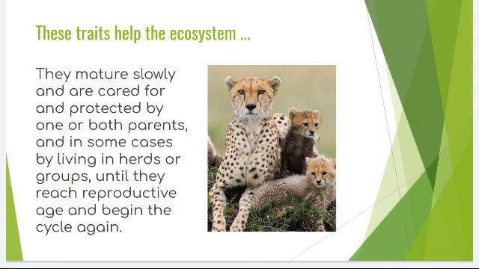Now these traits help balance the ecosystem. The offspring of the K-selected species mature slowly and are cared for and protected by one or both parents. In some cases, just like elephants, they stay in herds or in groups until they reach reproductive age and begin the cycle